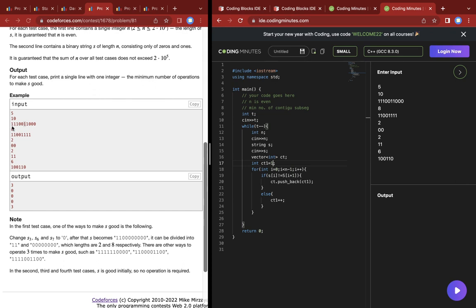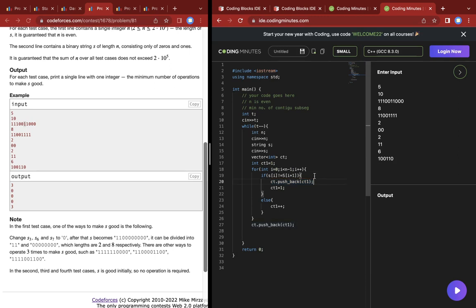So these are the same, so this will turn to 2, and then these are the same, so 3, and when these go different then this will push it and reset C to 1, and then we can go ahead, and at last also we need to push back whatever the value is inside C. And now the point is that if all values of the vector are already even,